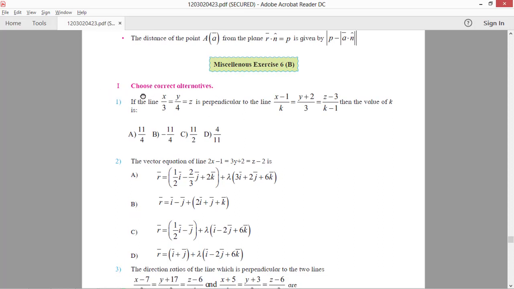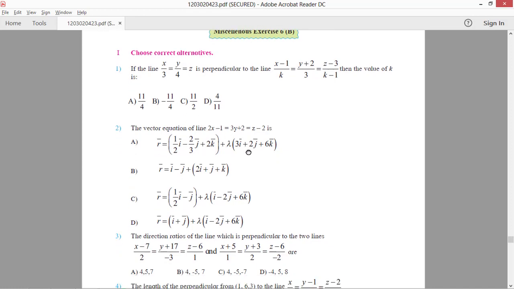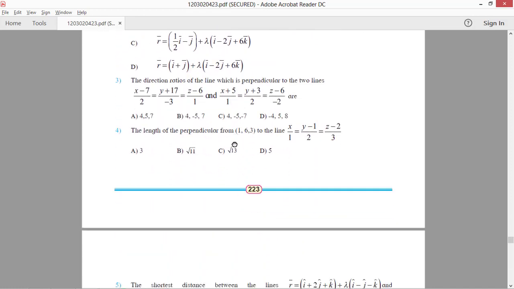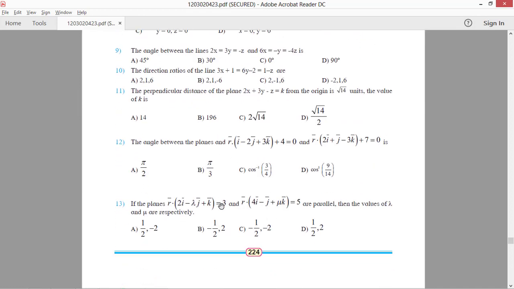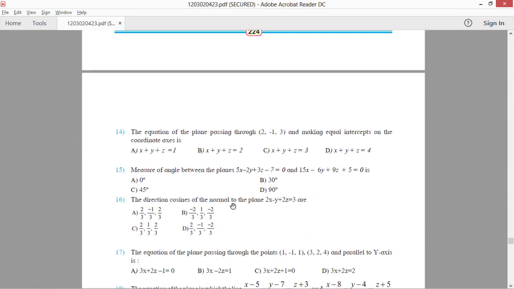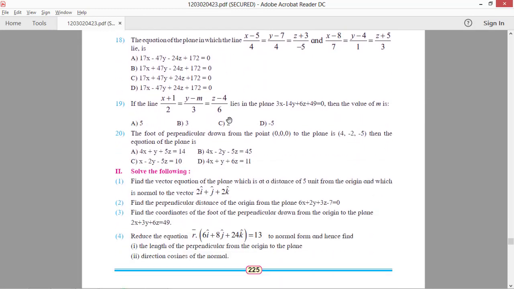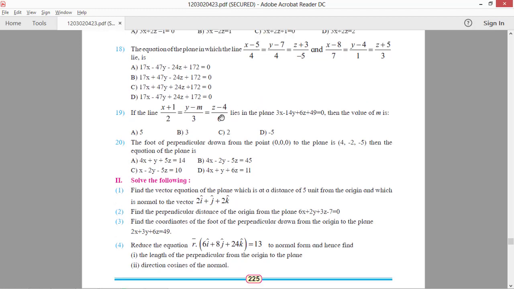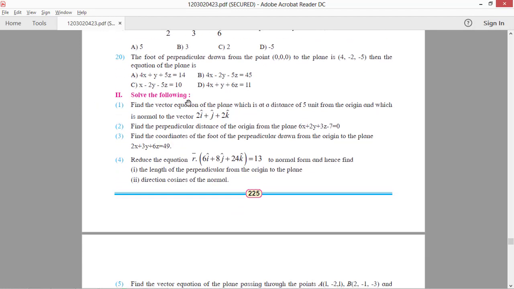And the good news is that the first part of this exercise is totally based on MCQs. And I'm pretty sure that you can solve these types of questions very quickly, because we have seen these types of questions during our NDA preparation. So I will not waste the time of this class solving these again. We will directly jump to the second part of this miscellaneous exercise.